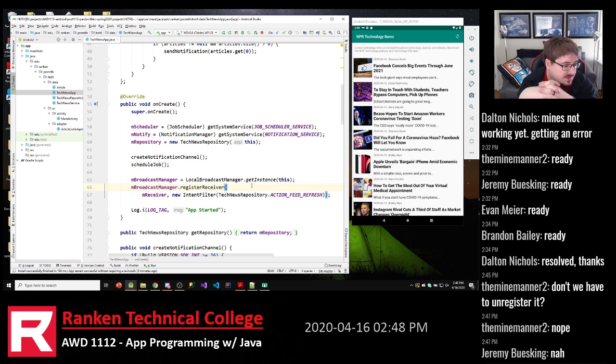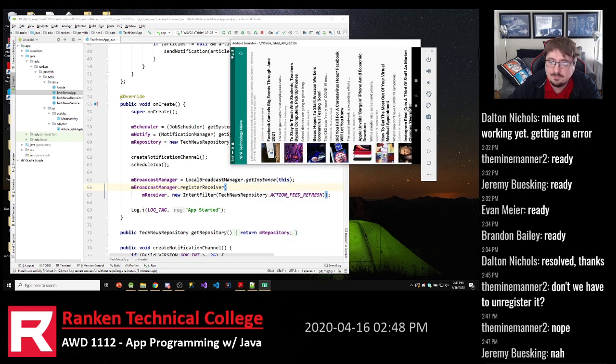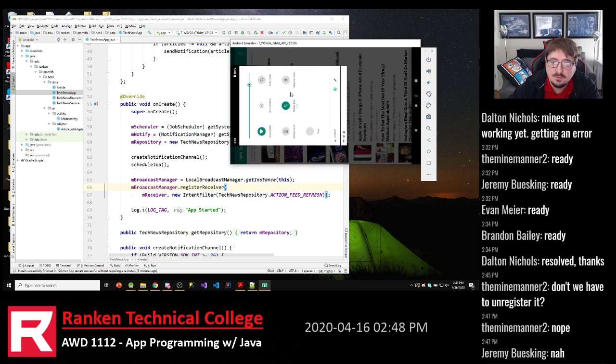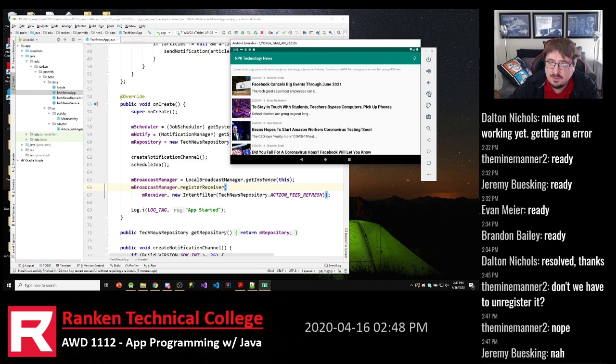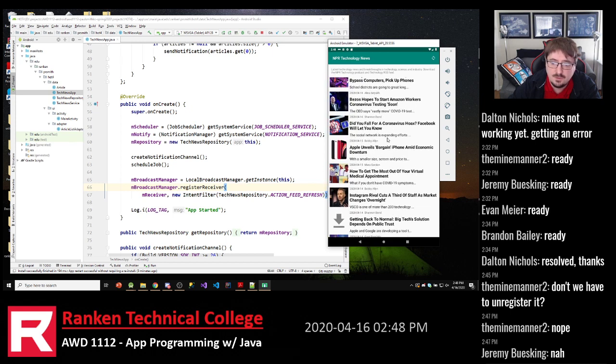I hope this gives you some insight into the value of the repository pattern, even outside of necessarily having a database. This really means that all the data is held in one place. And with this, one of the things you may notice if you turn the device on its side, I do need to turn auto rotate on. There we go. If you turn it on its side, you'll notice it's very quick about returning to where it was,